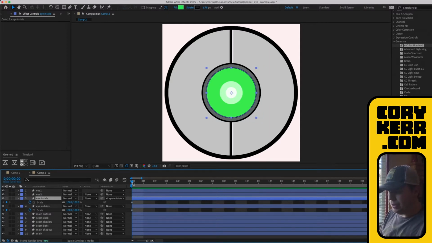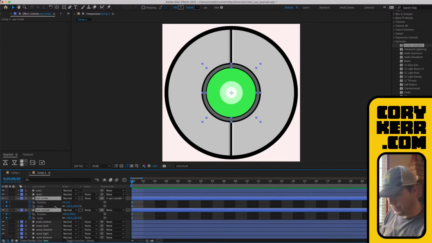Okay, and the way that it works is the first 5 keyframes that you put down will be linked to the joystick. Okay, and the first keyframe is when the joystick is in the center. The second keyframe is when it's to the right. The third keyframe is when it's on the left, and then it goes up and down, right? So center or origin, right, left, up, down. Okay, and so I'm gonna take these two. I'm gonna hit U, so we can see both of our exposed keyframes.